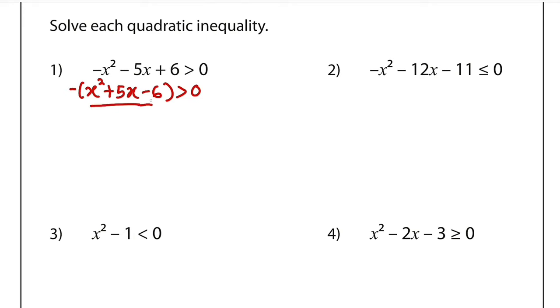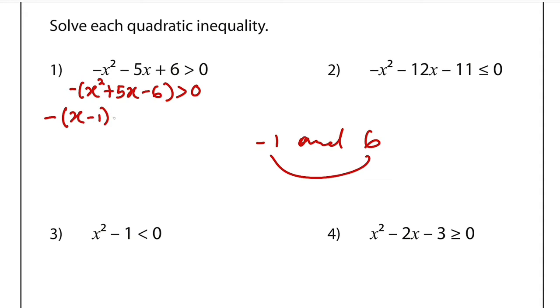How do we factorize this? We think of two numbers, which when we multiply them together, we get negative 6. But the moment we add the two numbers together, we get positive 5. And the numbers are negative 1 and positive 6, right? Just multiply them together, you shall obtain this. And the moment you add them together, you shall obtain 5. So we can factorize it as negative x minus 1 multiplied by x plus 6